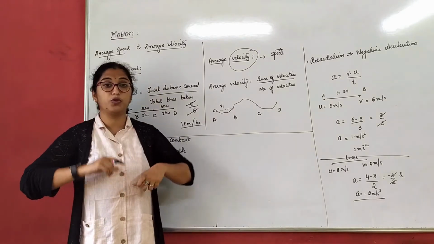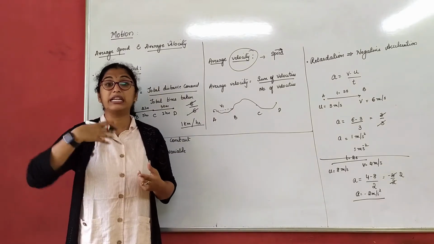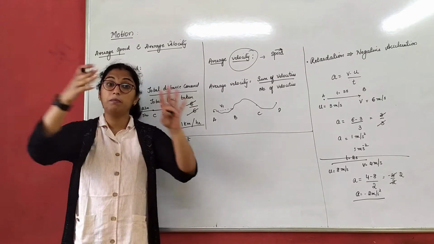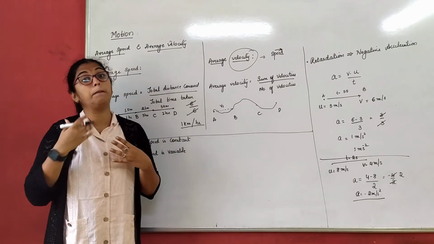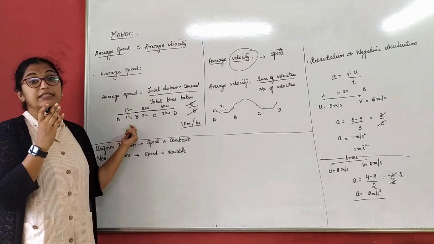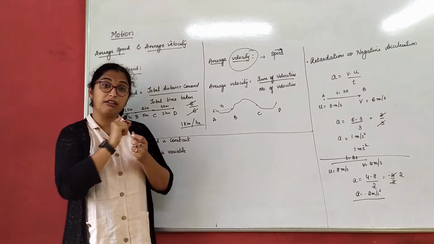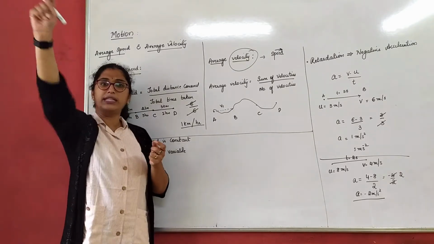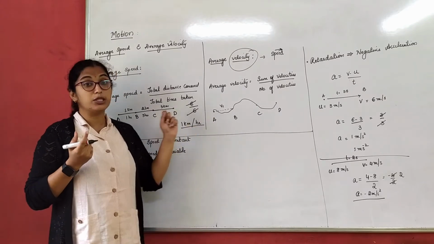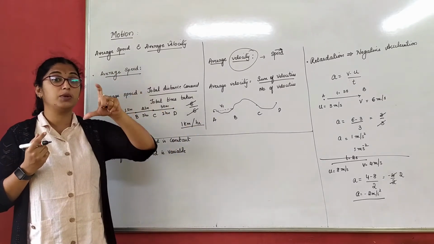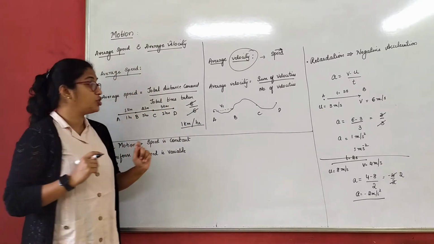For example, from your home to school you have two routes. One is the internal route and another is the main road route. You have chosen the main road route, that is distance traveled. But actually through the internal route I can reach very quickly. It's just one single road. That is displacement, the shortest distance between initial and final position of an object.